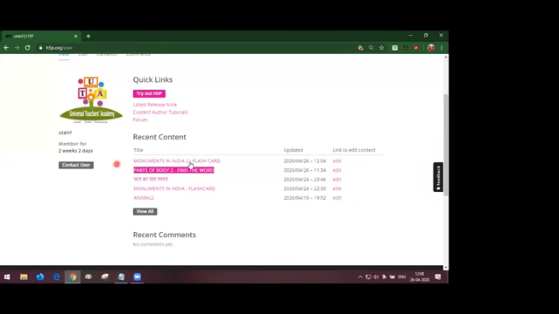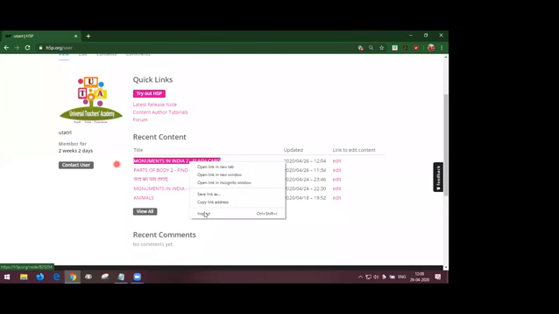In your mobile, you have to long press the content you have created. On long pressing your content, you will get these options there. You can copy the link address and you can share it in our WhatsApp assignment, and also you can share it with your friends, and you can share it in the group also.